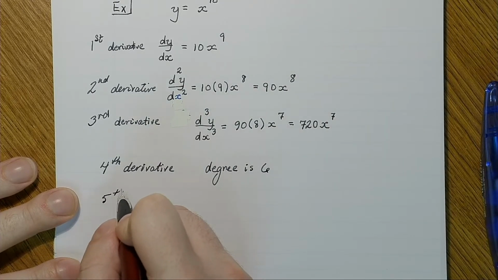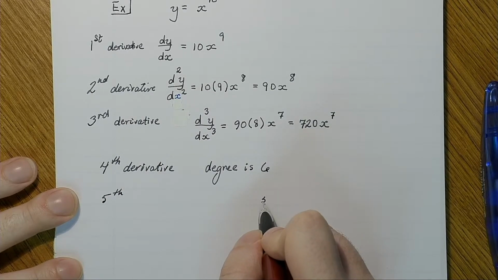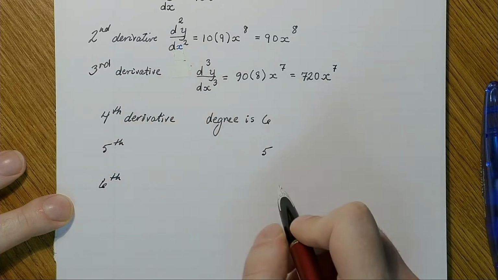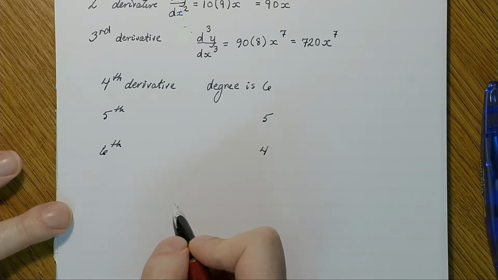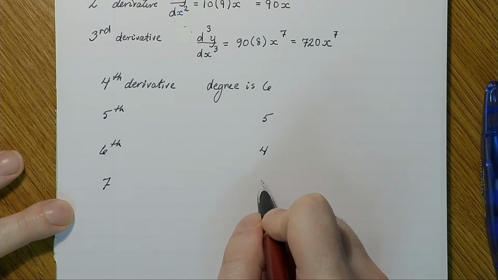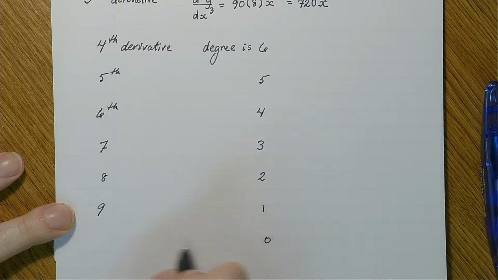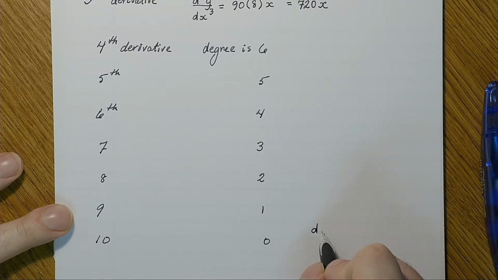For the 5th, it's going to be 5. For the 6th one, it's going to be 4, then 3, 2, 1, 0. So what this means here is that the derivative, where I take d to the 10th y over dx to the 10th,